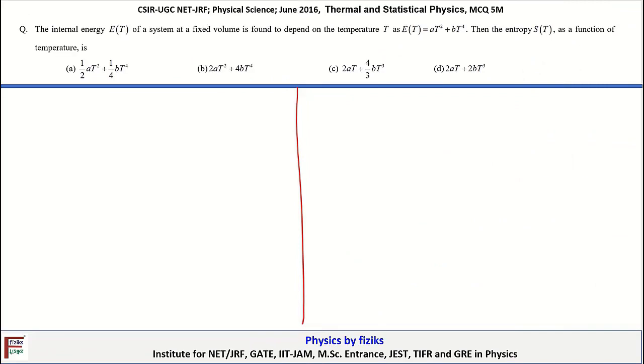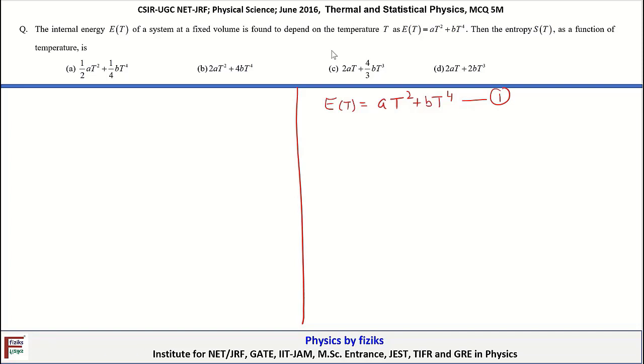So let's take a look at the next problem. The statement is, the internal energy E(T) of a system at fixed volume is found to depend upon temperature T as E(T) equal to A T square plus B T4. Then the entropy S(T) as a function of temperature is,